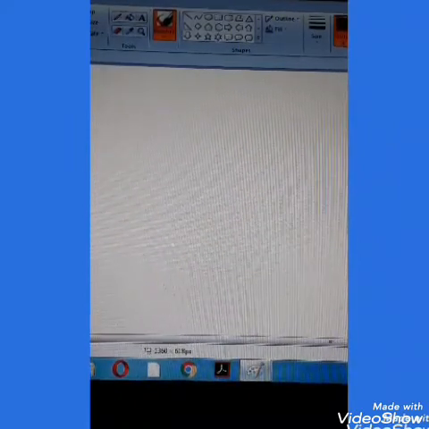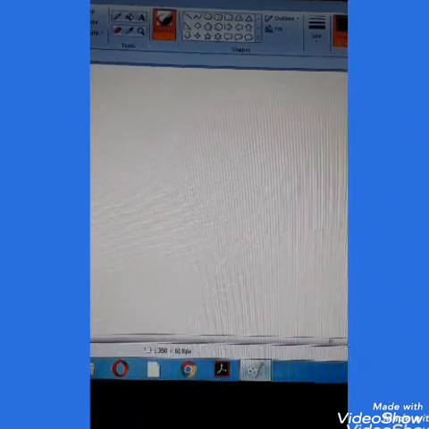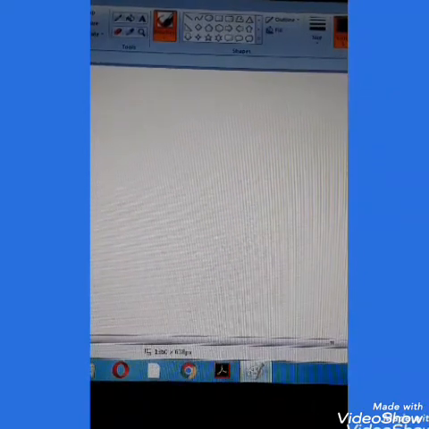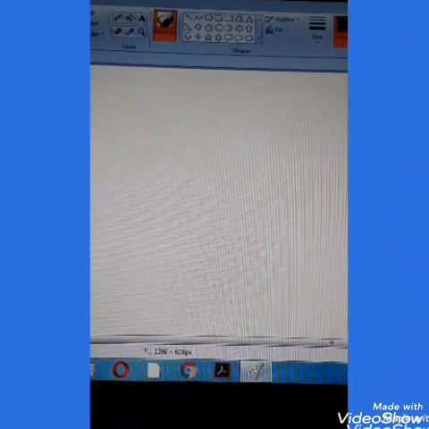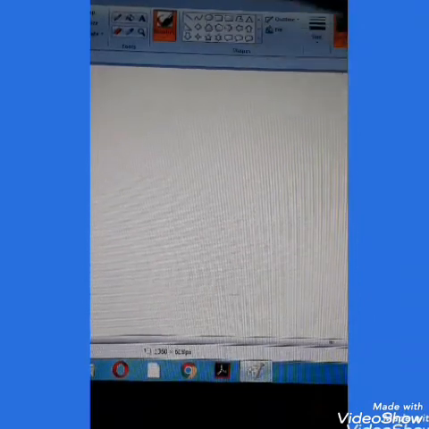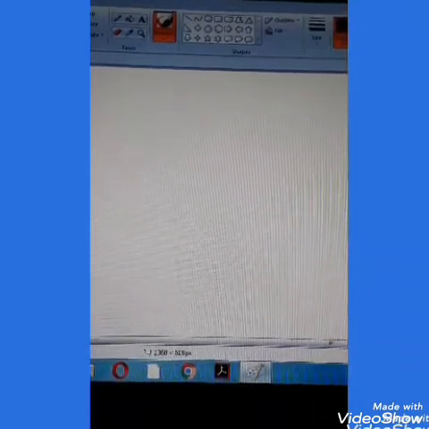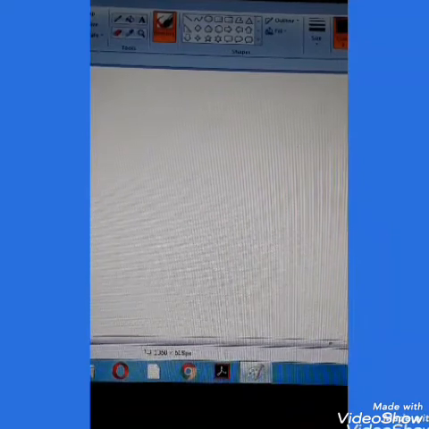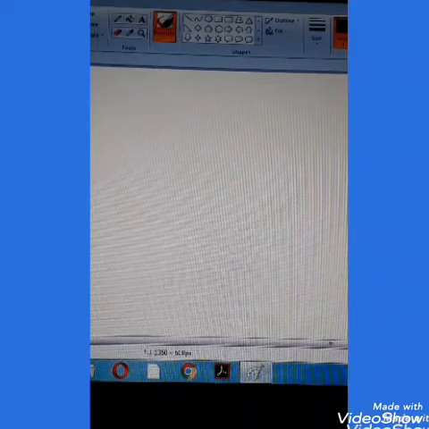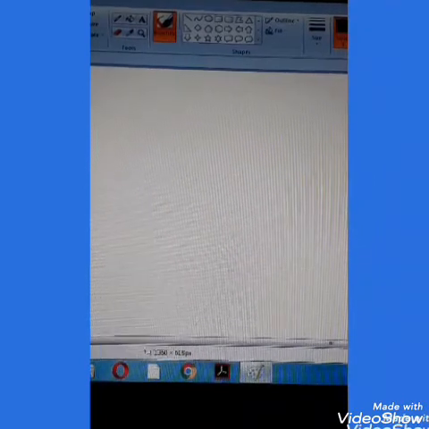Here, because I have to do the drawing in the drawing area, this is the drawing area, I have to zoom more on this part. So here these tools and shapes will be seen a little small, but you all know the names of tools, the place, the shape, the use, everything. You should see that and do according to what I say here. While doing, I will be showing you again. Understood children? Now let's start.